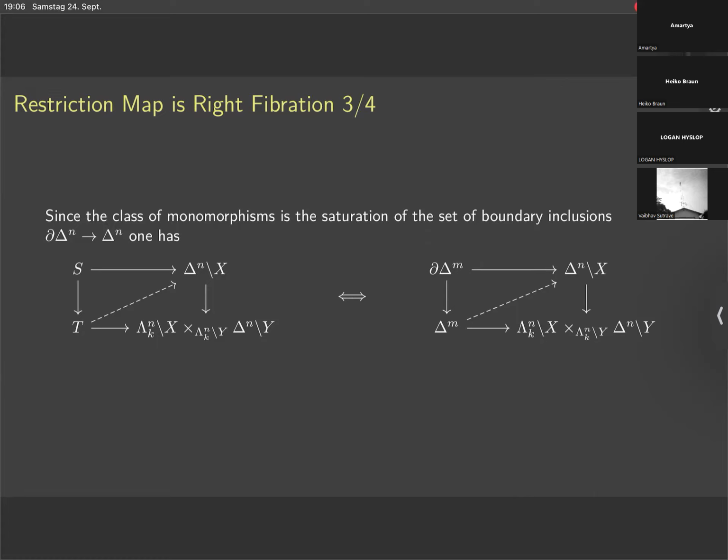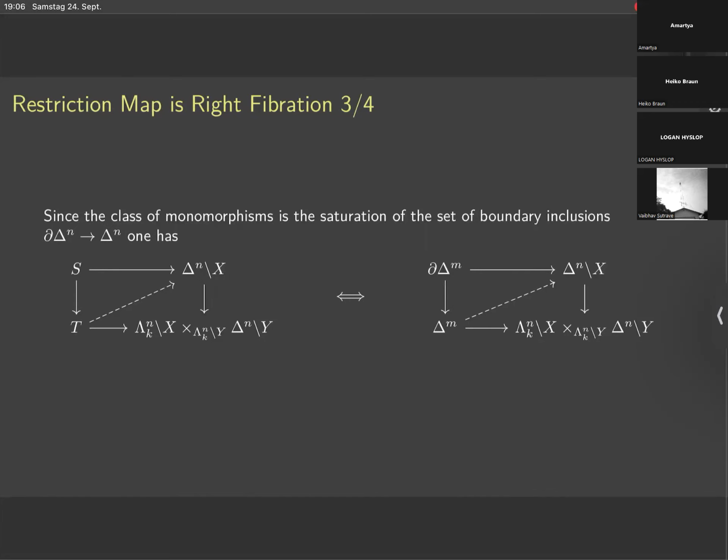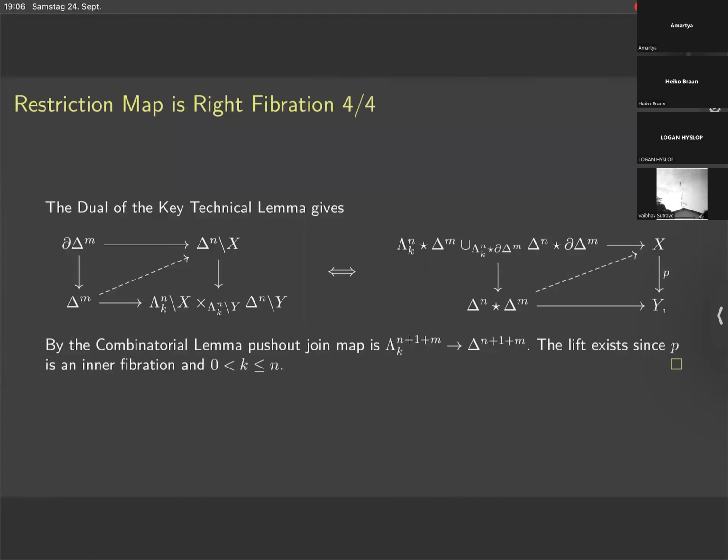So to check such a lifting problem, it suffices to only consider the boundary inclusions here. And then again, when we have such a diagram, we can put it back again by the key technical lemma to this version. And now what we have here is, by the combinatorial lemma,